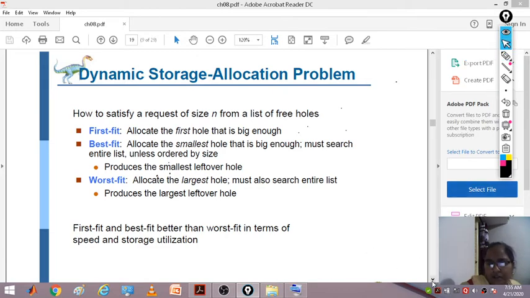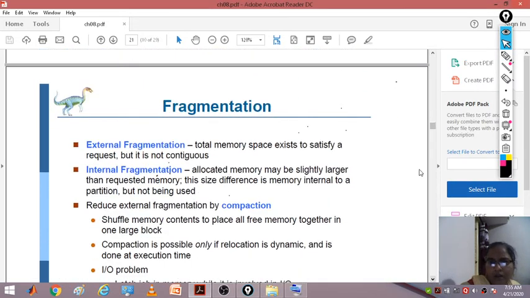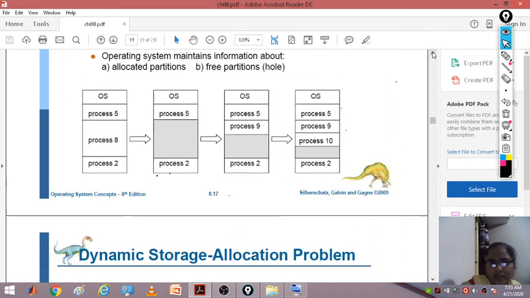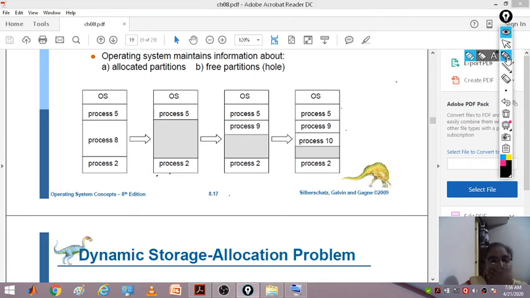Let me show you an example of first fit. Suppose this process has finished and left 4k.